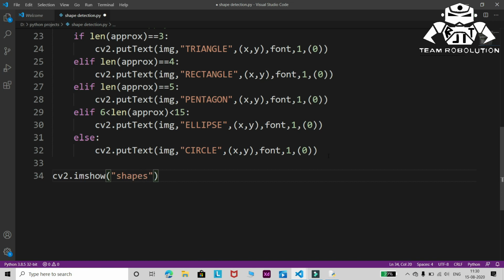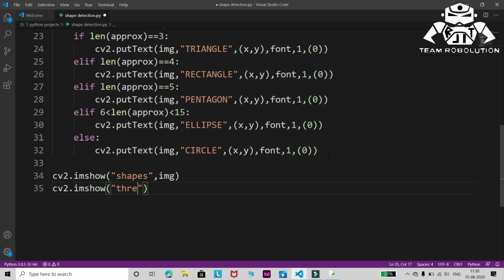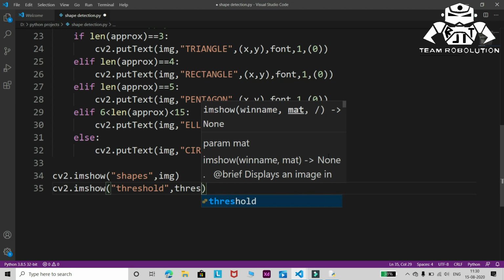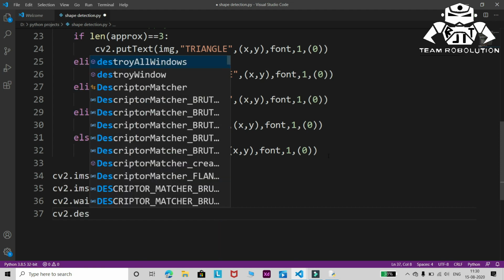Shapes, comma, img. cv2.imshow will now display our detected shape and the threshold. Then cv2.waitKey(0), then cv2.destroyAllWindows.